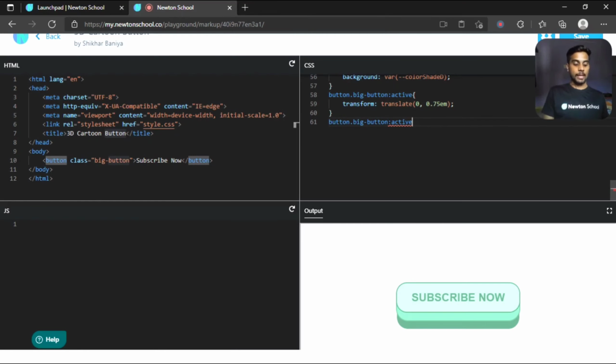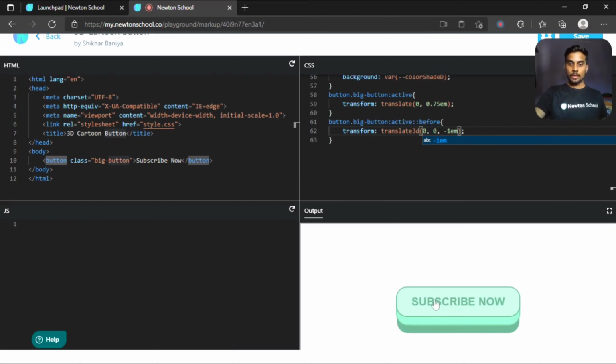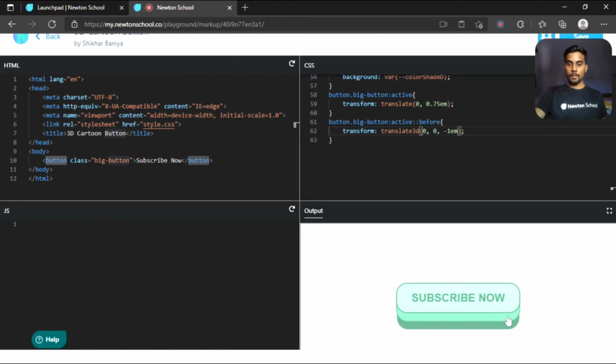Whenever we press active, before that, not before time wise but before position wise, I want to transform and translate 3D. I don't want to translate it around x-axis or y-axis, but I want to translate it around z-axis. So now when I click on it, you can see this before part is getting compressed.